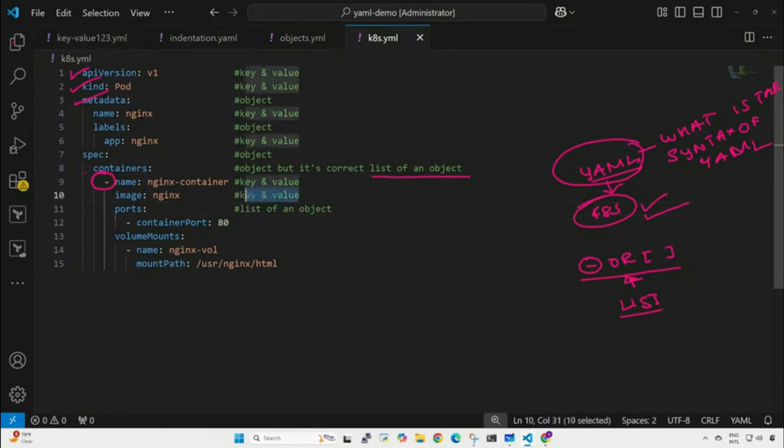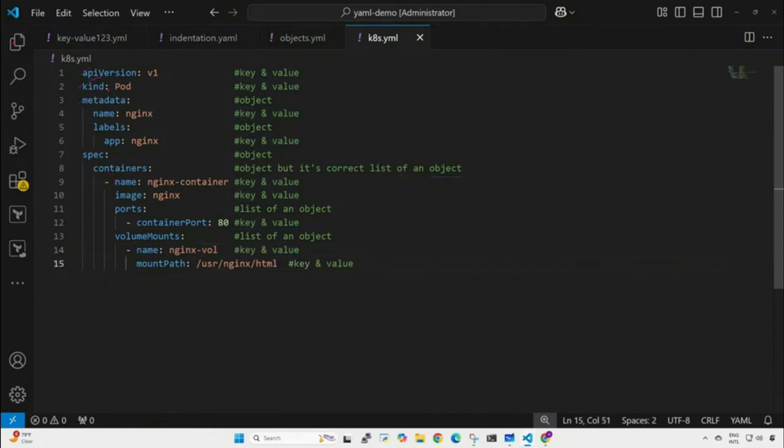And this one will be called key value, and again this one, line number 13, will be called a list of an object because of the entries which we have mentioned using a hyphen, and again the same thing for line number 14 and line number 10. So in this example what we have done, we have the YAML file which is written for the Kubernetes API interaction. Right now, as I have mentioned, we are not focusing on what the API version, kind, metadata are,